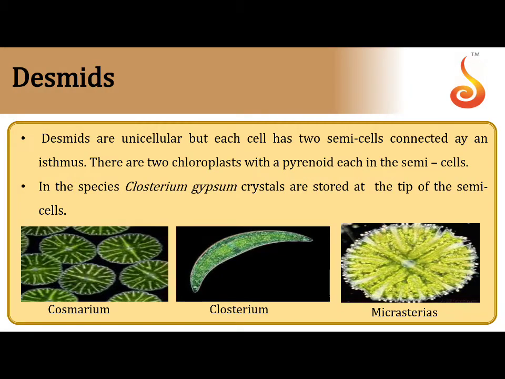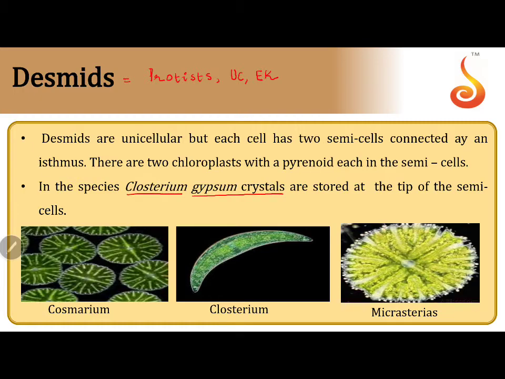Yes. So all of us know desmids are protists. So they are unicellular and eukaryotic. We have certain examples under desmids and certain unique characters about them that we need to learn: gypsum crystals in